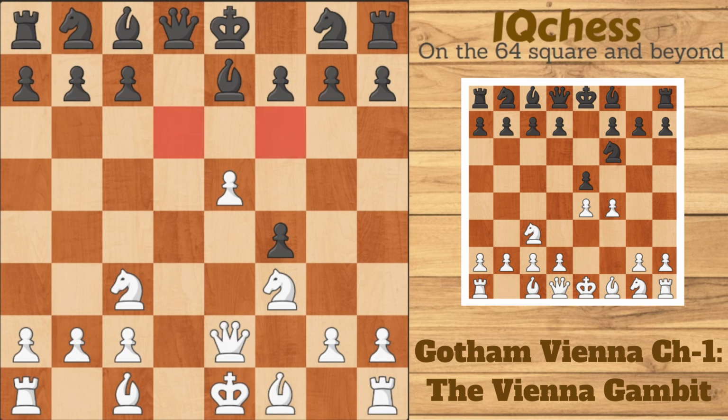Next move would be simple, bishop takes on f4 or even bishop to b2, sorry, bishop to d2. Something like knight to c6 will be seen. Here, there are two main choices. You can play bishop takes on f4 or the more calm move of bishop to d2 and just castle on